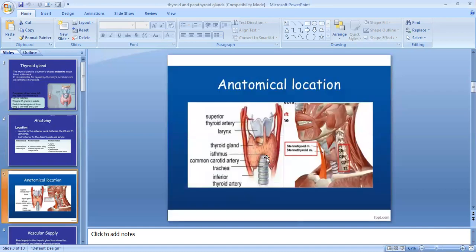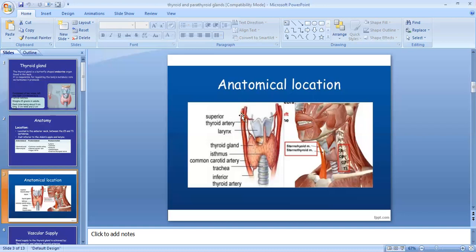You can see the anatomical location of this thyroid gland present in front of the neck from C5 to T1, and this gland is a butterfly-shaped gland or in the form of an H shape, which has two lobes connected by the narrow part. The narrow part is known as the isthmus, and this is present in front of the trachea in the posteromedial relation, while posterolaterally you can see the common carotid artery,